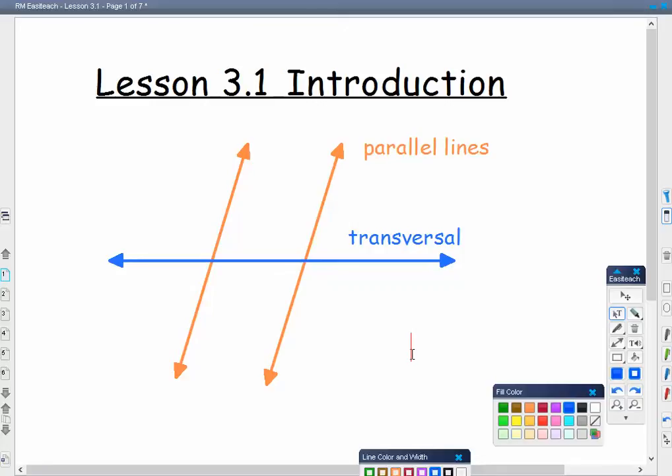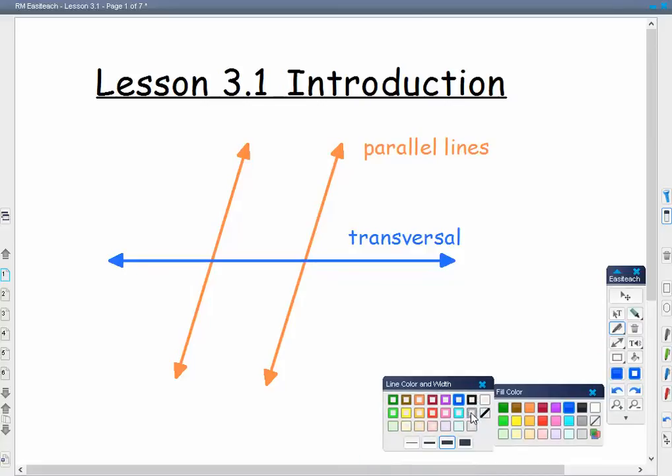Now, when you have two parallel lines intersected by a transversal, there's some cool things that happen here. What happens is we create 8 different angles. I'm just going to go ahead and quickly number here. So I've got 4 angles here, and then I've got 4 more angles here. So I've numbered all of my angles 1 through 8. And what's cool about this situation is if I tell you the value of one of these angle measurements, you will be able to determine the values of the other 7 angles. For example, if I tell you that this angle measurement here is, let's say, 100 degrees,